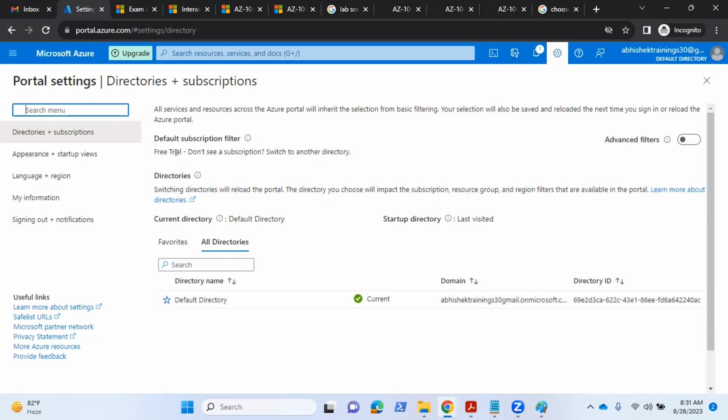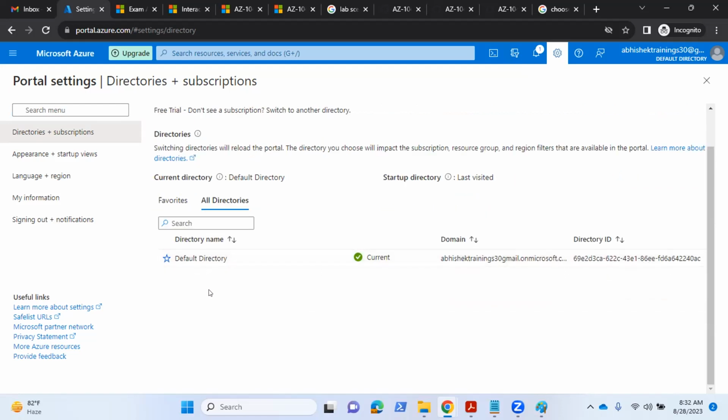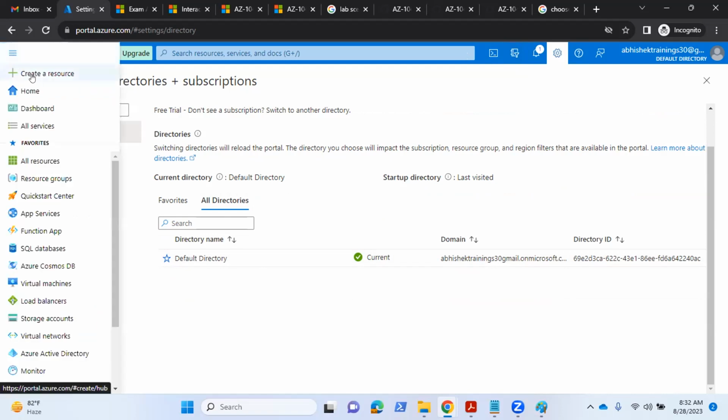This is the default subscription name. It's a free trial and it has a default directory. From here, all the directory names will occur. You can just go and change your directory, in whichever subscription you want to go, you can change it. So this is the place. Now, if I come back to home,